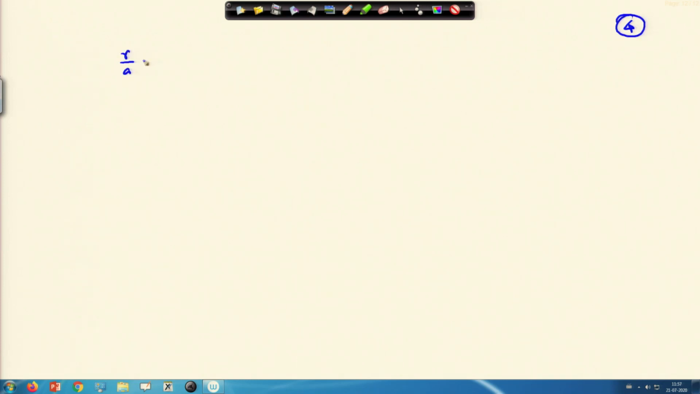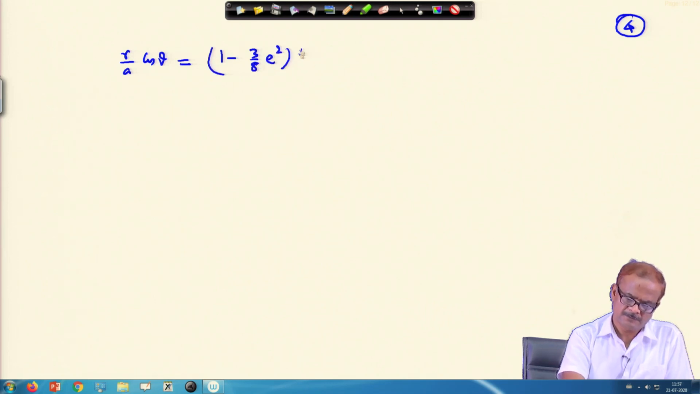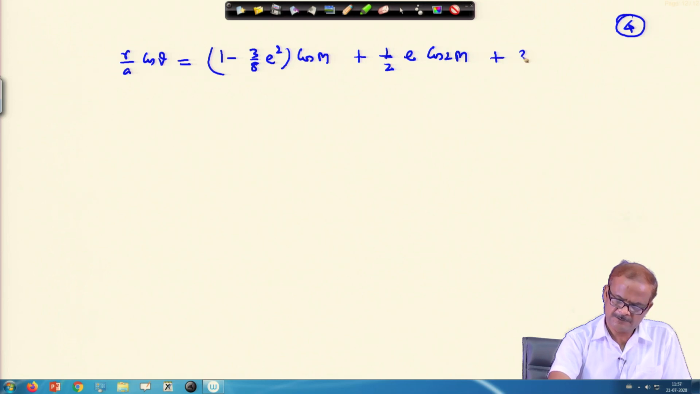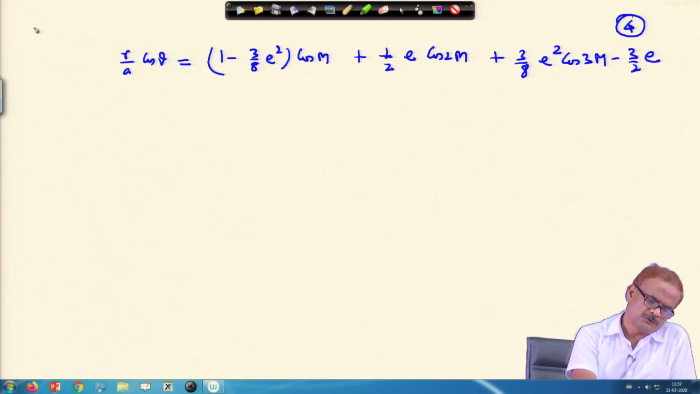Okay, r by a cos theta. So the r by a relationship we are aware of from our earlier derivation. So this quantity will be equal to cos m plus 1 by 2. These are some of the expansions quite frequently used in celestial mechanics. You can use the book by J. M. A. Danby on celestial mechanics,